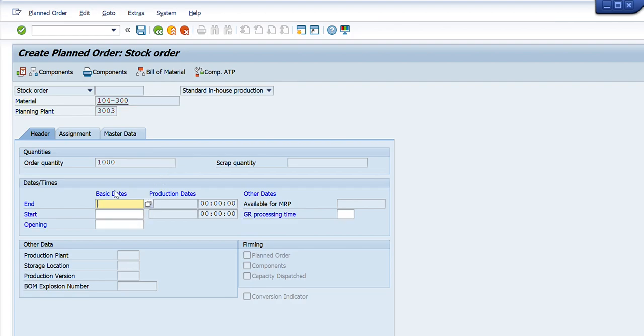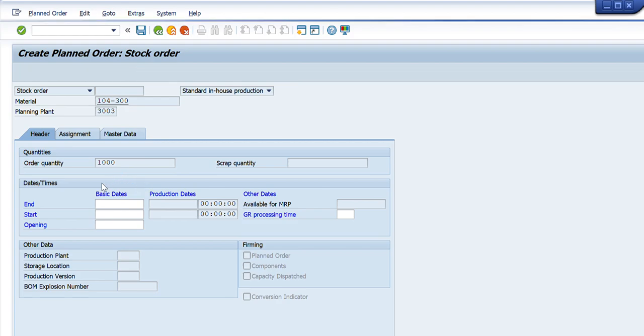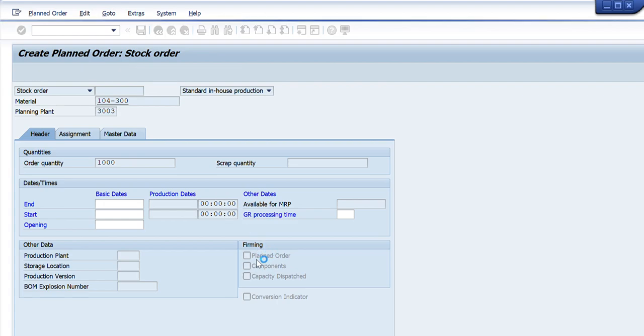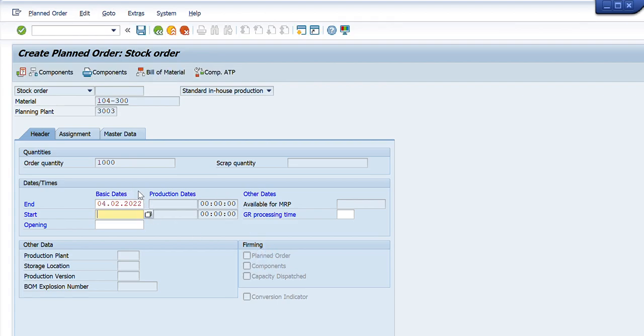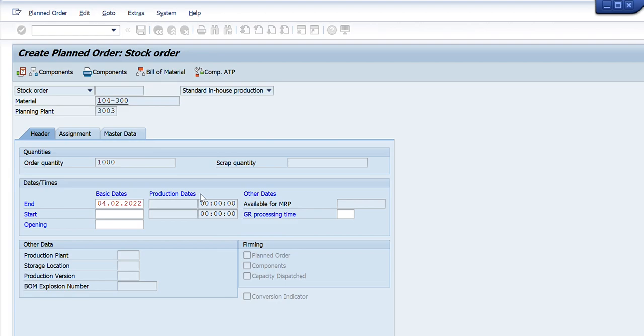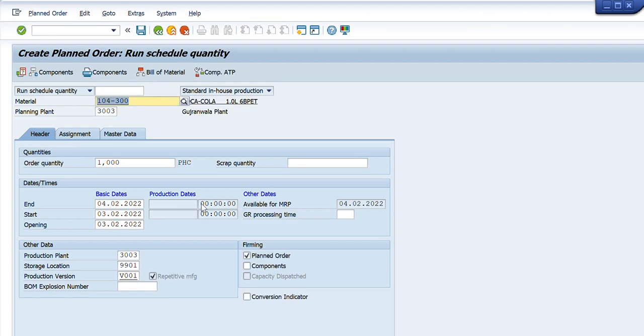What it wants next is the end date from me. I will select from this calendar what the end date is. So right now I can select, for example, this date as my end date. And what is the start date? I will select the start date as something previous to that date, that is 3rd Feb 2022. I will press enter once again and it will